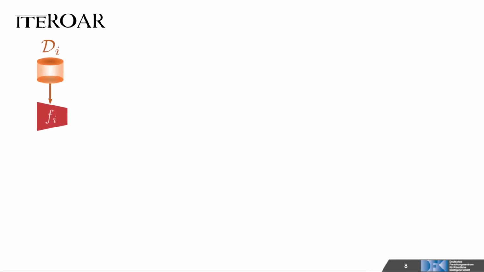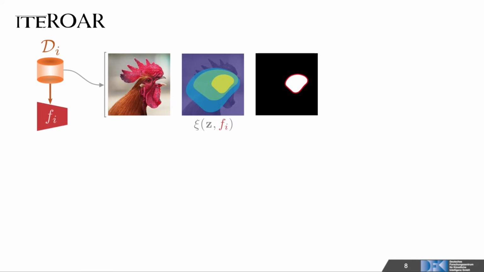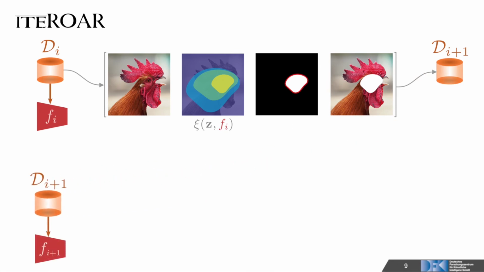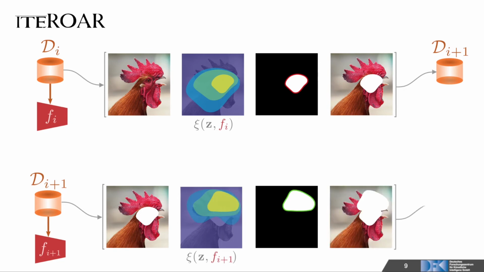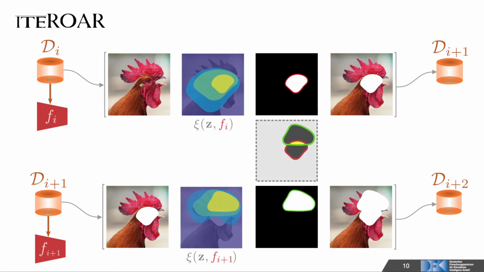After training a model on a target dataset, we calculate the feature importance of each sample and create a binary mask by using a fixed threshold. Finally, the masked version of the original image gets saved as a new dataset. At this point, a model can be trained on this new dataset, and the cycle starts again, calculating the feature importance of each sample, thresholding, masking, and storing. Notice that, since the masks have been computed independently, we have the chance to study the relationships between them, and what those relationships say about the feature importance method.